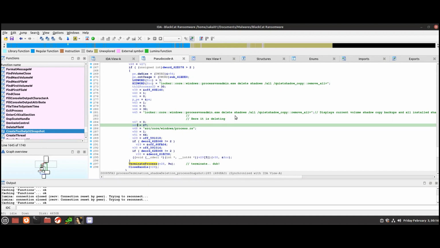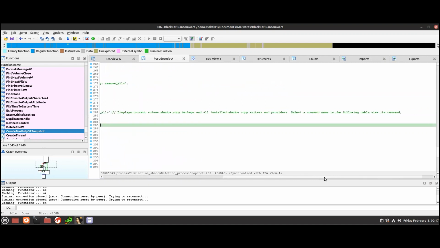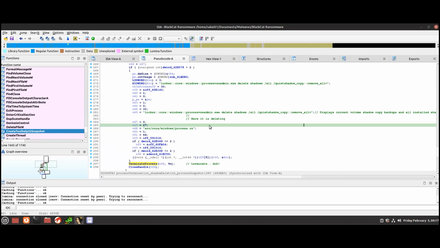So shadow copies might have your information, might have some kind of backup information. It might have some volume backups also. So it's deleting those, remove all. So it's deleting the shadow copies, as we know that. The next thing that I'd like to show is